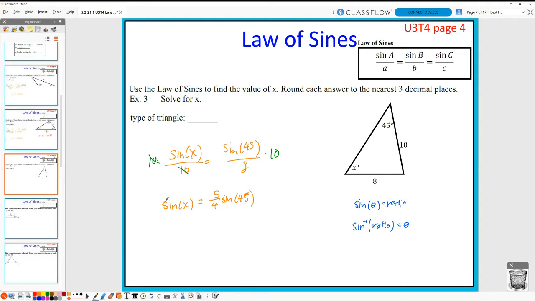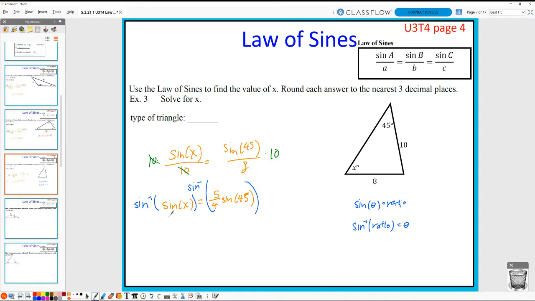You can think about this a couple different ways. You can just simply rewrite this as x is equal to, because that's my theta, inverse sine of all this. That's fine. I like to think of it as I'm taking the inverse sine on both sides because I think that's more explicit. That makes sense to me. All right, so I'm going to take the inverse sine